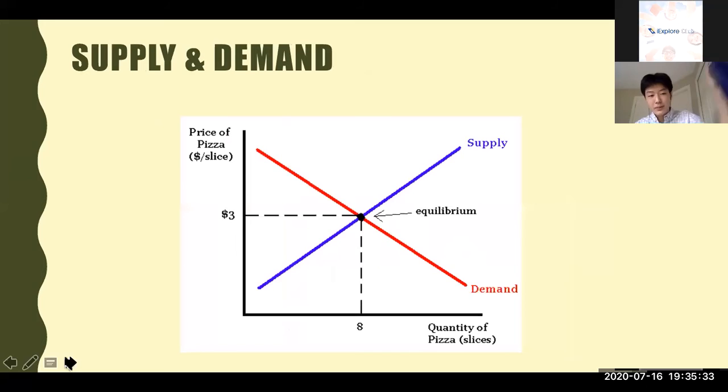And moving on to supply and demand. Okay, so as you can see, in this situation, I guess we're selling pizzas in a pizza store, and there are people who are buying it. So the chart shows that when 8 pizzas are sold, the price is at $3. Now, let me first explain what supply and demand are. Supply is the blue line that you can see, and it is increasing when the amount of pizza sold increases.